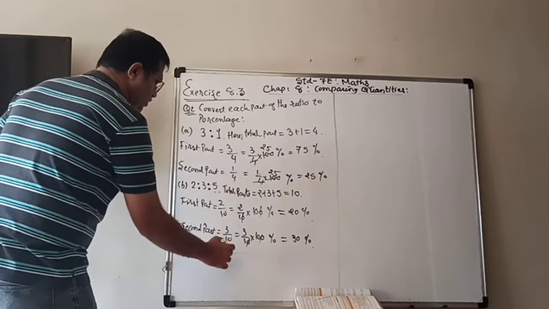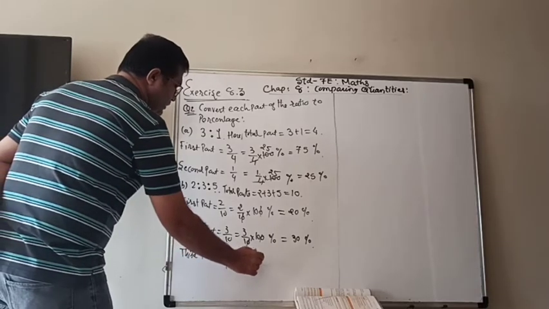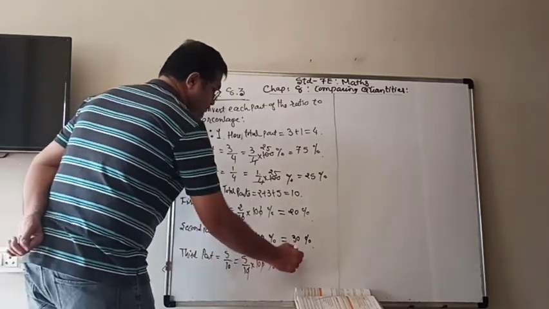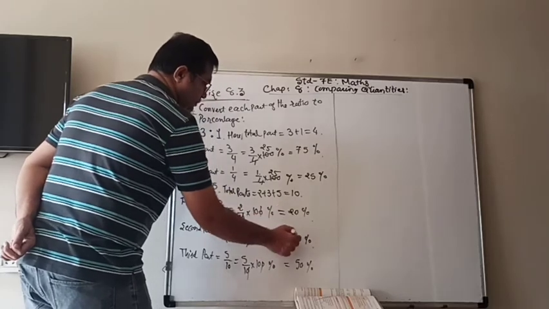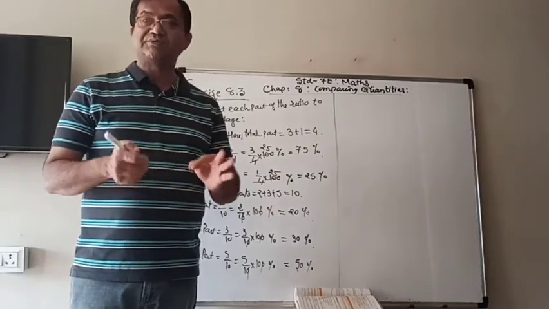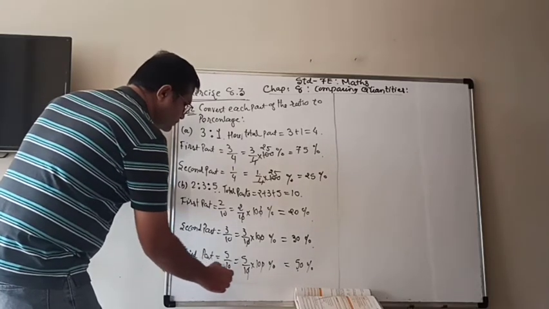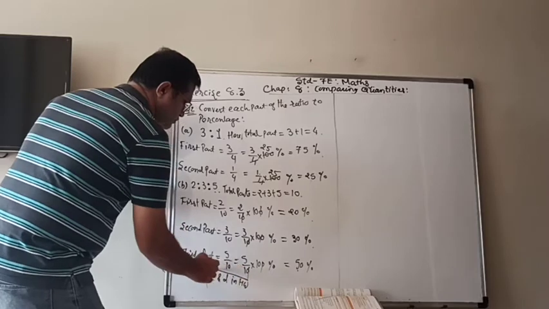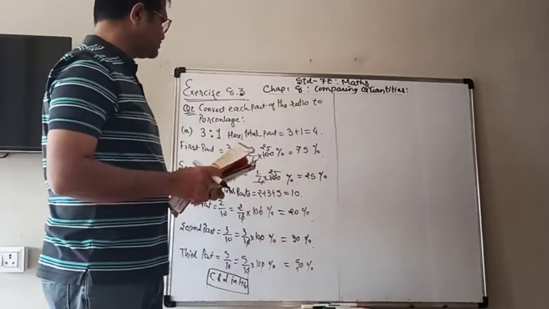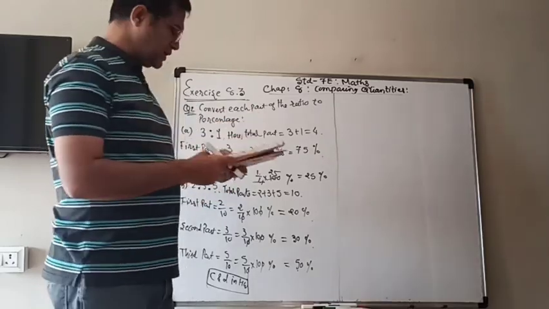And the last, third part. What is the third part? It is 5 out of 10. And to convert it, multiply by 100%. Again cancellation, and 10 5s are 50%. Make sure that 20 plus 30, 50, plus 50, 100%, because the sum of all parts must be 100%. So now similarly you can do C and D in homework, because the same thing we have to follow. Take the total parts, then make the fraction of all parts and multiply by 100%.